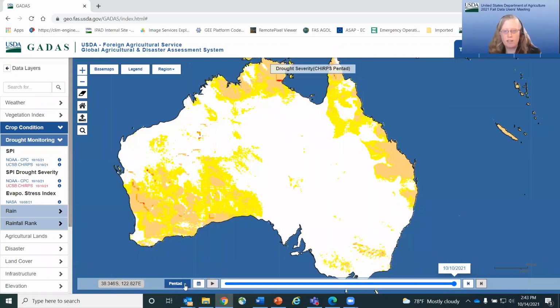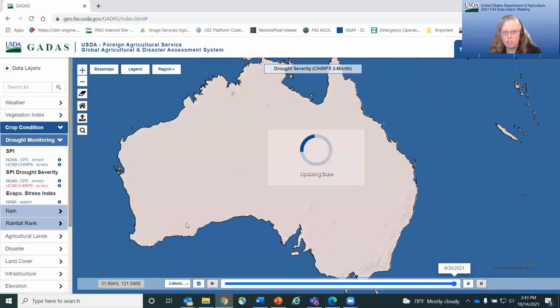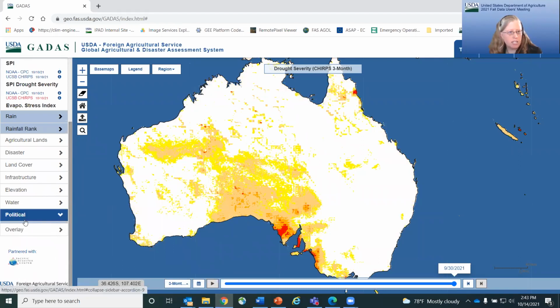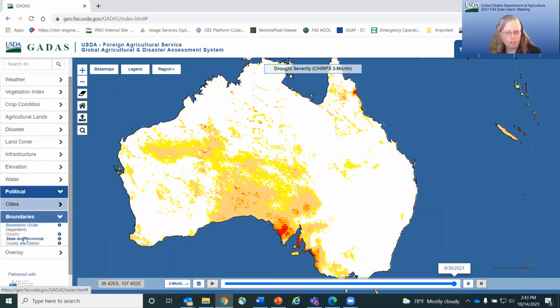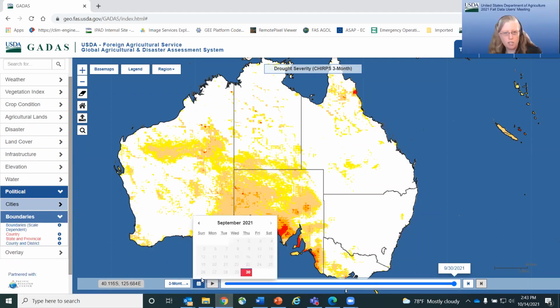But one reason why it's useful to explore other data sources first is just that we do provide this standardized precipitation index data in a wide variety of time steps. So you can get new data updates every 5 days when you're clicking on these rolling options, or once a month when you're using any of the monthly options. So let me turn on the states again, just so that we have that geographical context. And then we will come back to